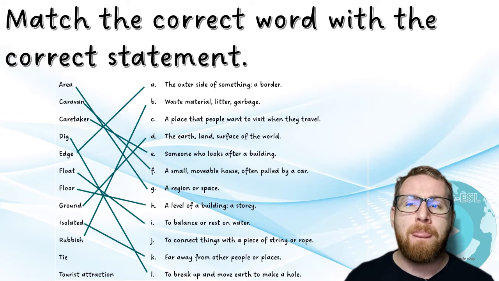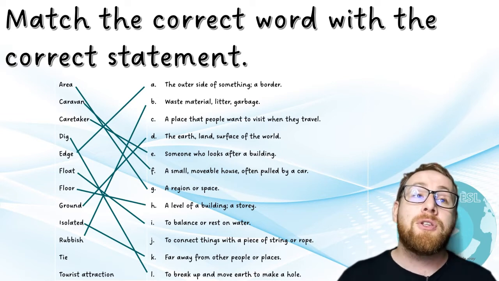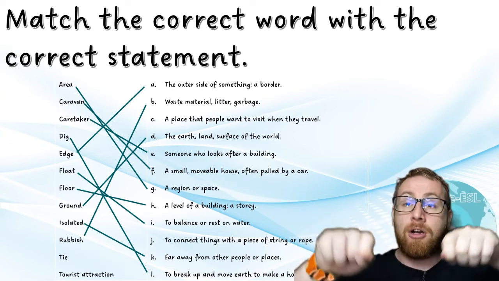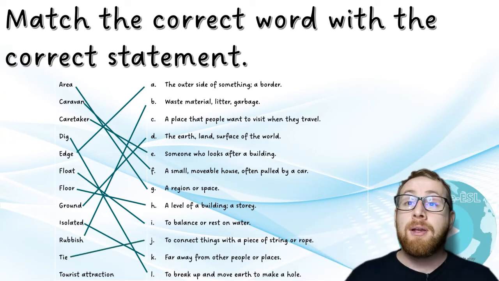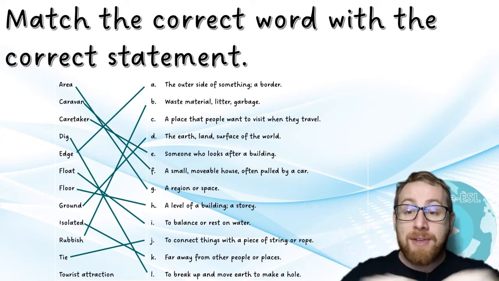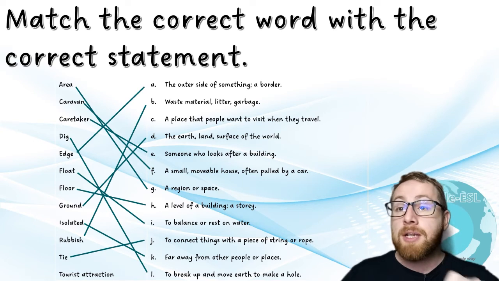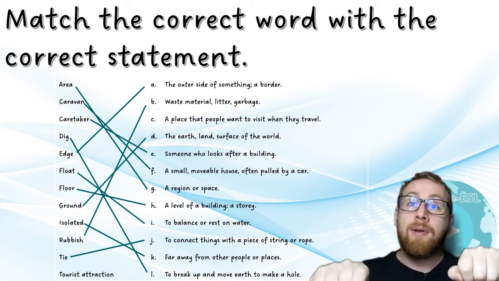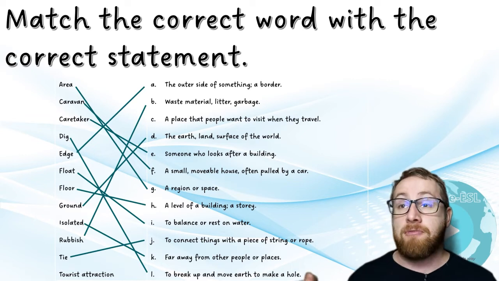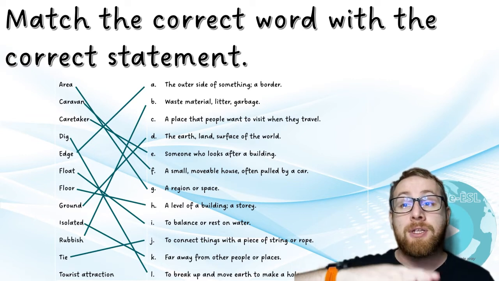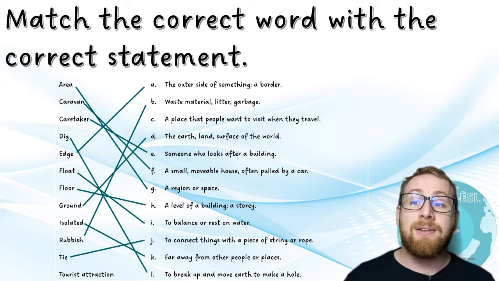How about tie? What's a tie? Or what does it mean to tie? To tie is to make a knot, tie things up with string, with rope. So if we're going to tie something, this could be useful for survival. We're going to tie a rope to make a raft. And now we can survive because our raft will float away from the isolated island.